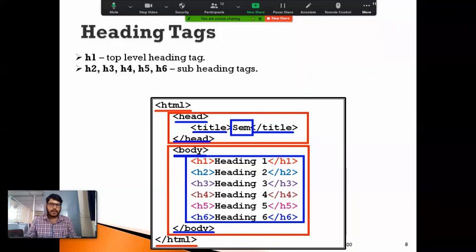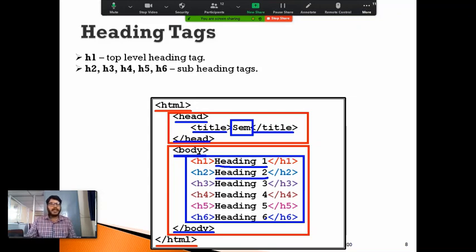So I am going to use H1, H2, H3, H4, H5 and H6 as opening tags, and I need to close each and every tag. In between, I can write the content which I want to display in my document. I'm going to display Heading 1, 2, 3, 4, 5 and 6. This will generate output in which we can find six headings in my document.